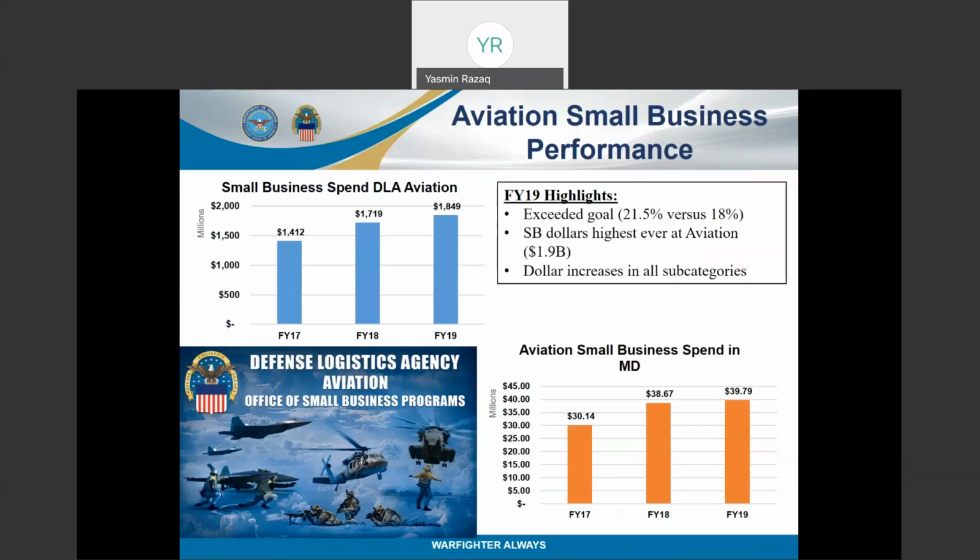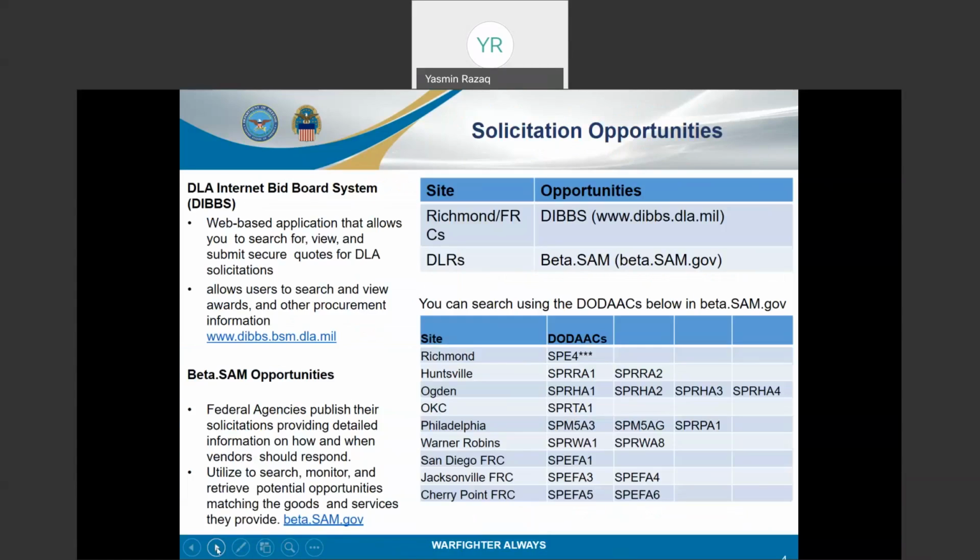We're currently waiting for the closeout of the Federal Procurement Data System to see where we're going to hit in 19, but it does look like we're going to be significantly lower, mainly due to increased spend at the depot level repairable sites. So if we go to the next slide, this separates the consumables process from the repairable items process. If you look at the top two sites, the Richmond and the FRCs,